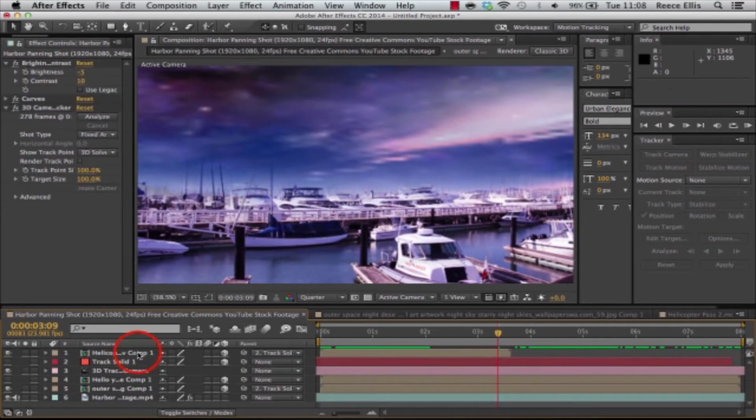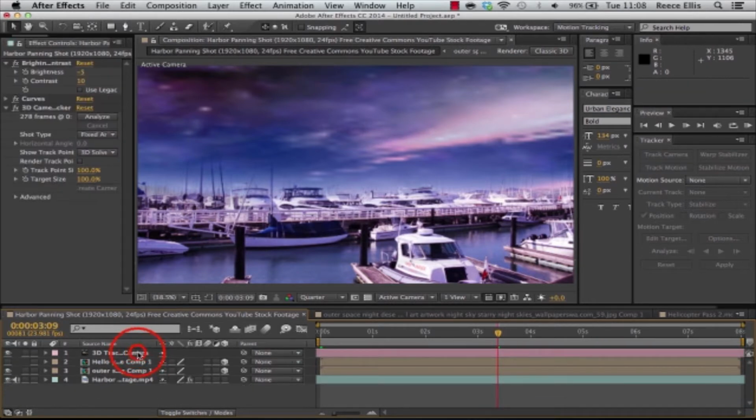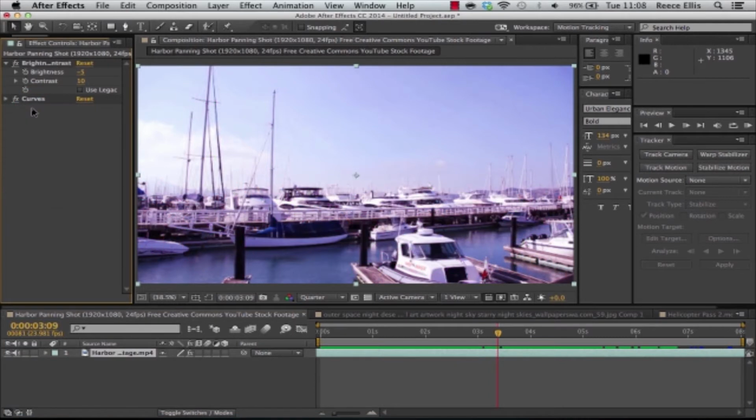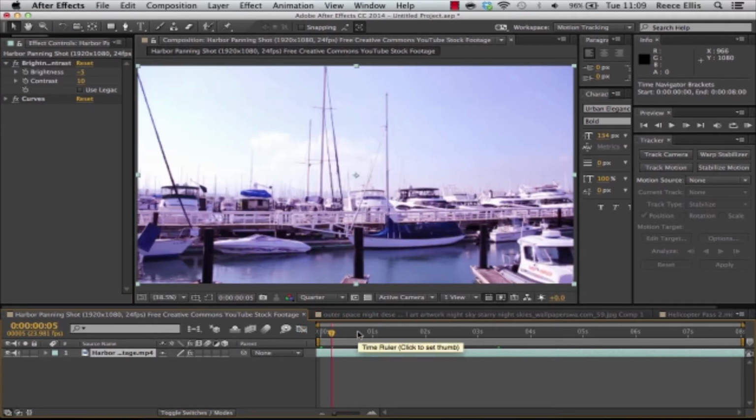I'm just going to start off by deleting all of these. Okay, and I'm going to delete that as well. Okay, great. So basically what you've got to do is find your footage first. You want to make sure your footage is of some high quality. You want to make sure that there are points on the map which are trackable. You want to make sure it's not too blurry, and if it is too blurry or you get bad tracks,